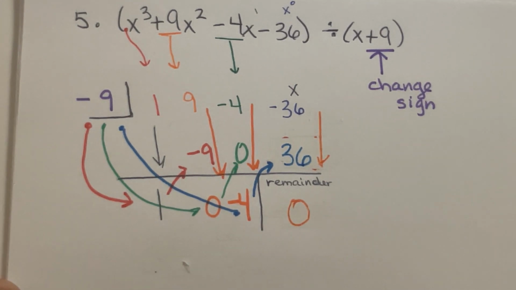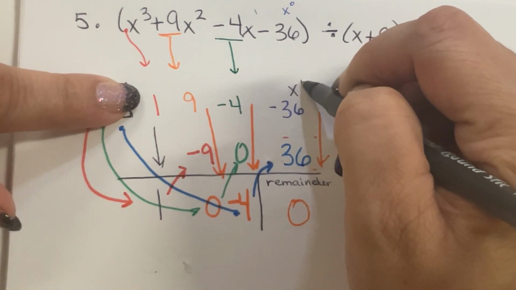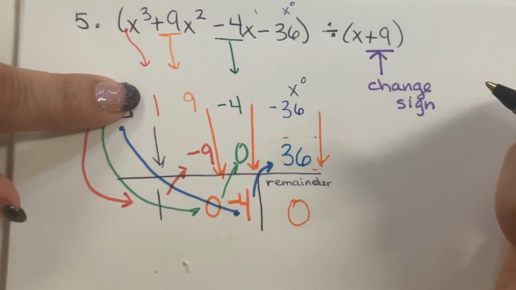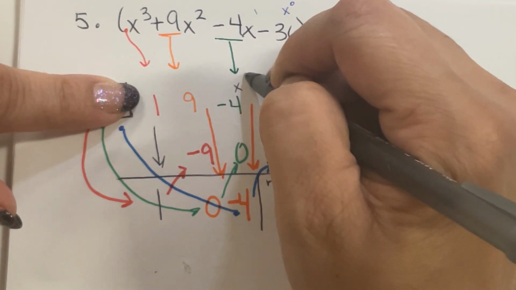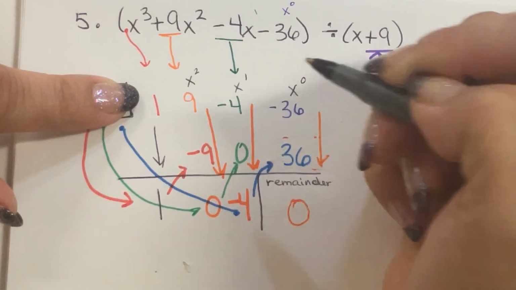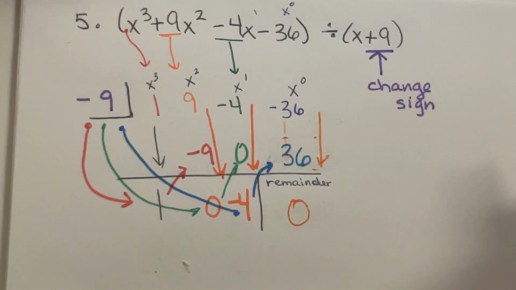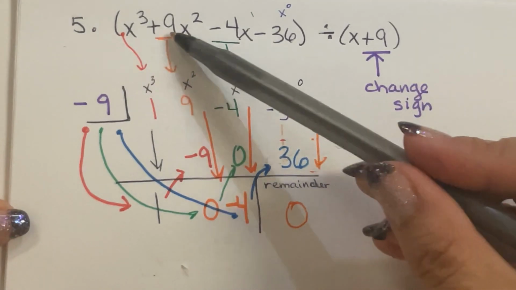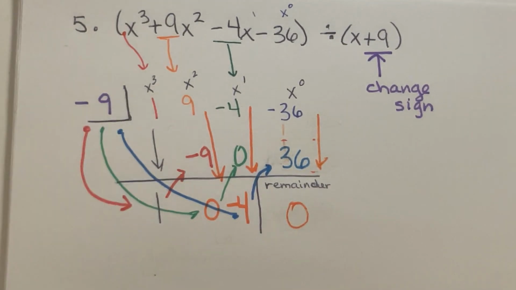Okay. And now I'm going to write along the top. This is an x squared coefficient. That means there's no variable. This is an x to the first coefficient. This was the x squared coefficient. This was the x to the third coefficient, as evidenced by this thing up here. Yes? Yes, yes, yes. Okay, so then down here,